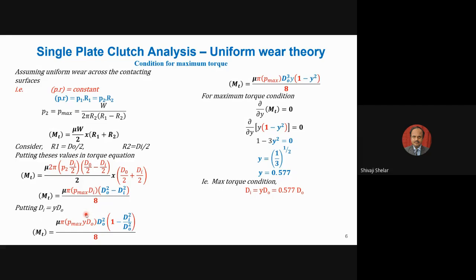So when we are designing a single plate clutch system for a particular application, the available space may be limited, and there may be a limit on the maximum diameter permitted at that place. So there is a limit on this outside diameter, do. Within that constrained space, how can we transfer maximum torque or maximum power? That will be decided by di. So what should be the relation between do and di for maximum torque carrying capacity? That is the condition we are going to check.